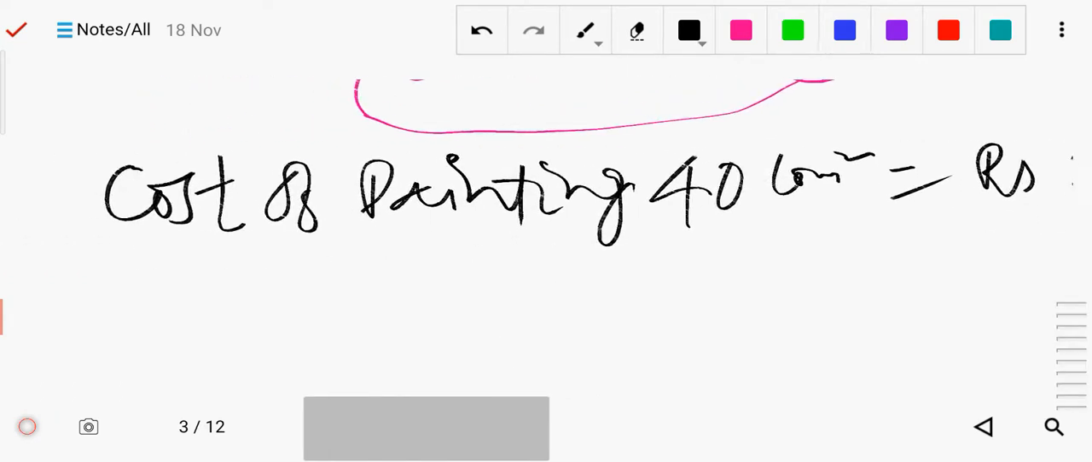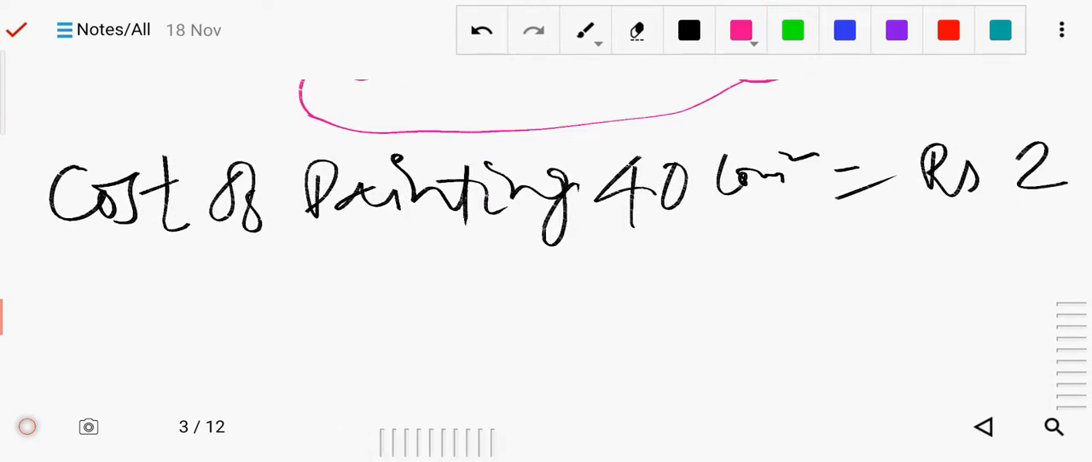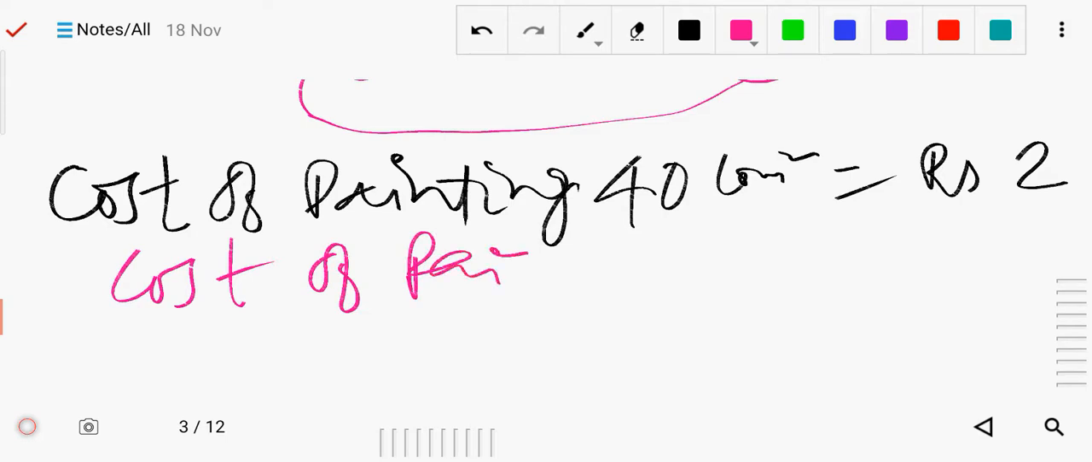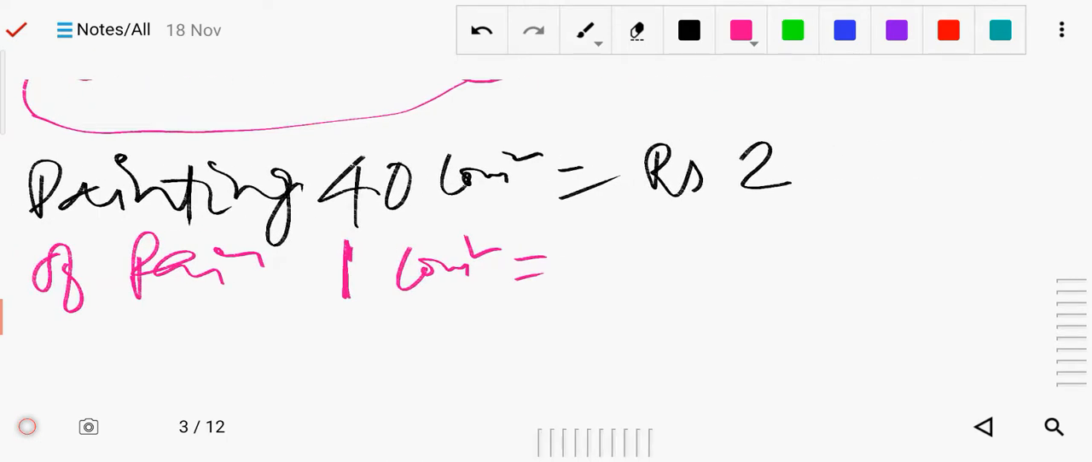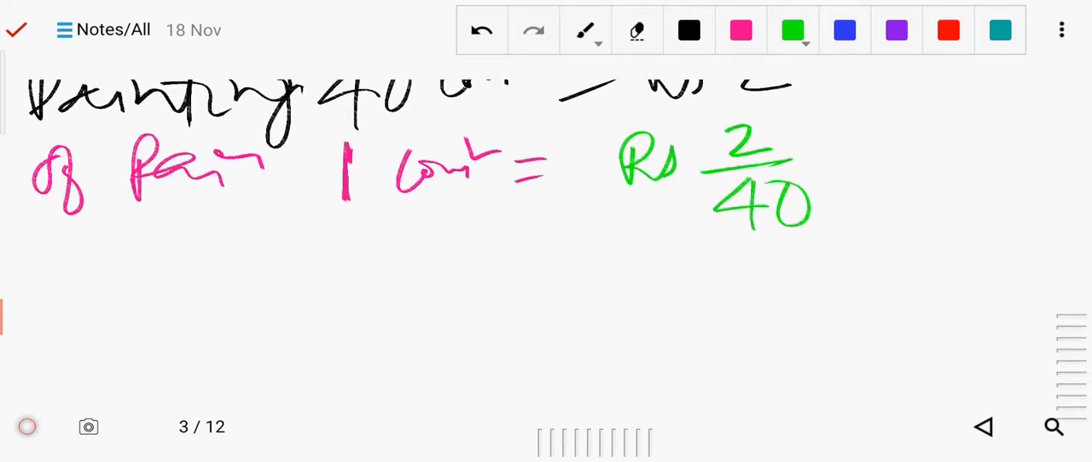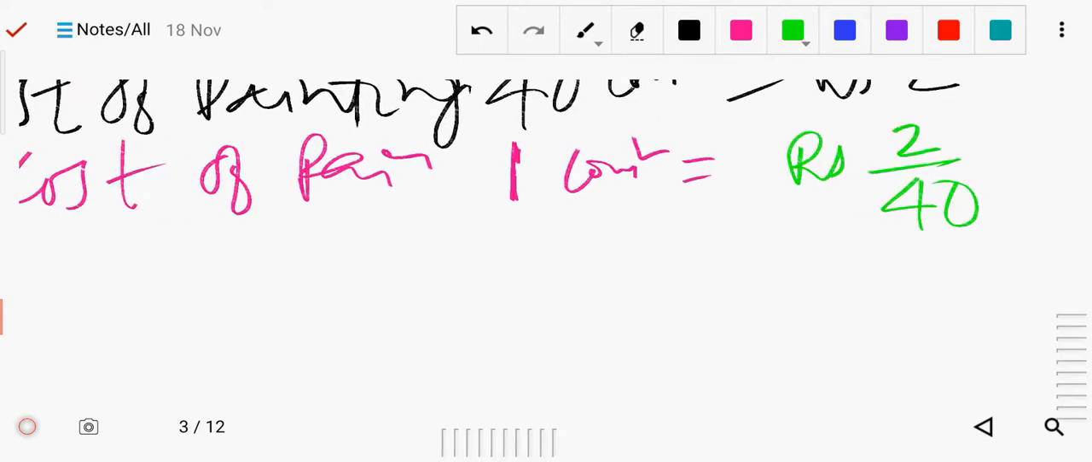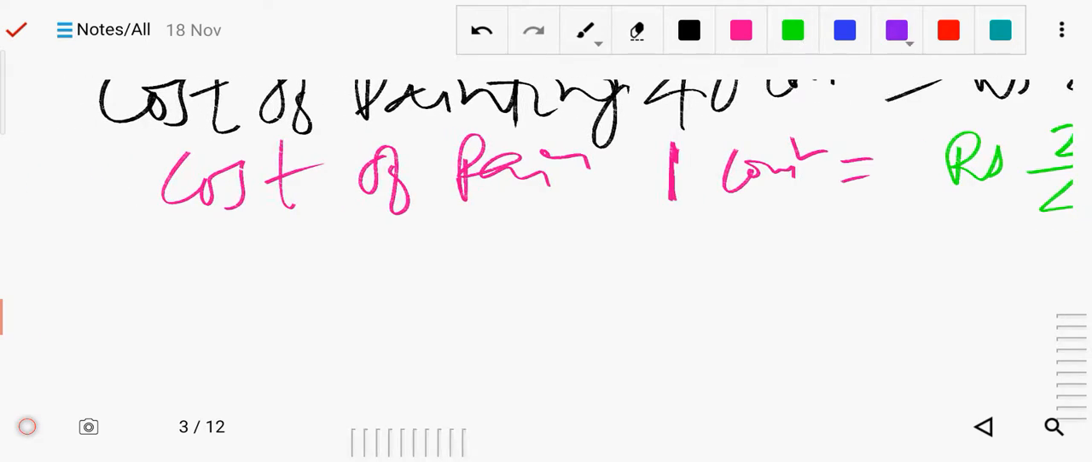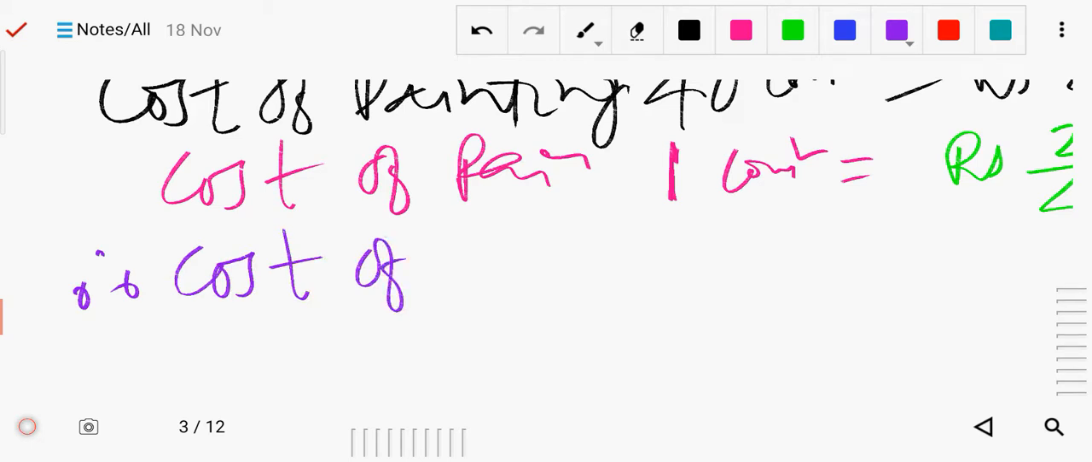Okay, so now first of all, can we find the cost of one? So the cost of painting 1 centimeter square, how much? We are doing the unitary method here, so here it will be rupees 2 by 40. Okay, you know this unitary method. Now we have to find the cost of